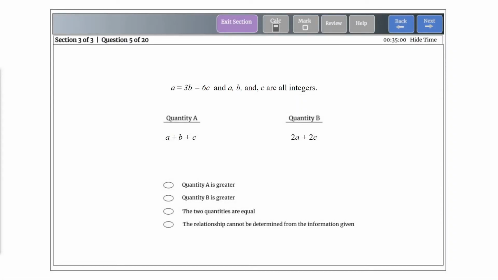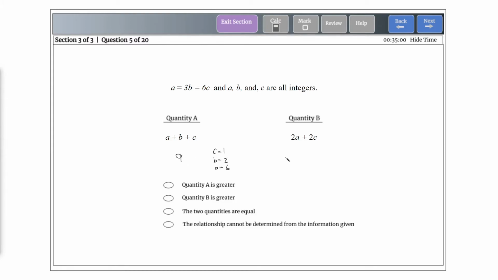We're going to look at two more problems here that are definitely a little more tricky and really illustrate how important the word integer or some of these words around it can be when solving a problem. So if you attempt this problem and you take it either algebraically or if you decide to pick some numbers, what might occur to you is to pick some easy positive numbers, like for instance, if you decide on c equaling 1, you'll very quickly find that b must be 2 and a ends up being 6. And so if you do that, quantity a will just be 6 plus 2 plus 1, which will be 9,